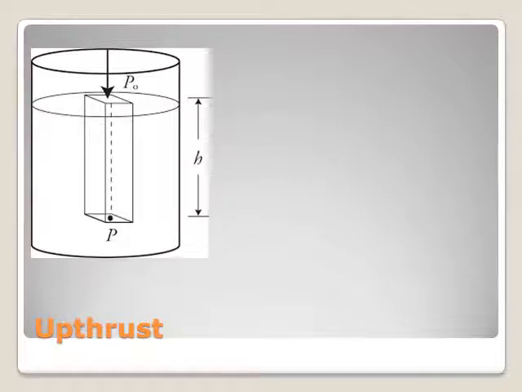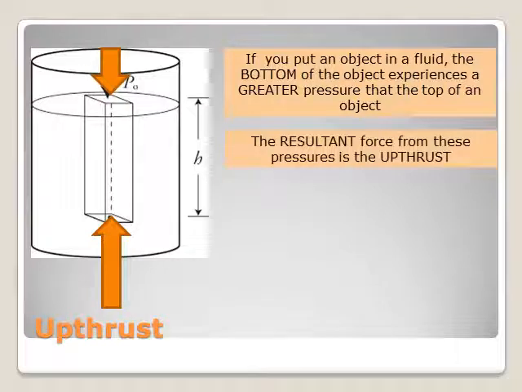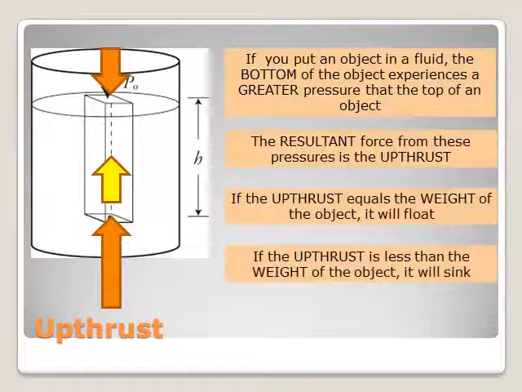When you put an object in a fluid, because of that calculation, because the bottom of it is deeper than the top of it, there's more fluid above it. So the bottom of an object feels a greater pressure than the top of an object. Now the resultant force from those two pressures is called the upthrust. So the larger force at the bottom and the smaller force at the top give an overall upwards force called the upthrust. If the upthrust is the same as the weight of the object, it floats. But if the upthrust is less than the weight,